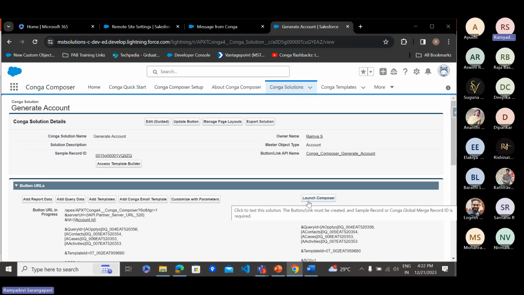By using this launch composer, you can test your Conga solution. So this is all around the Conga solution. And here, after creation of your Conga solution, you'll have the create button. Once you click this create button, your Conga solution will be created in your